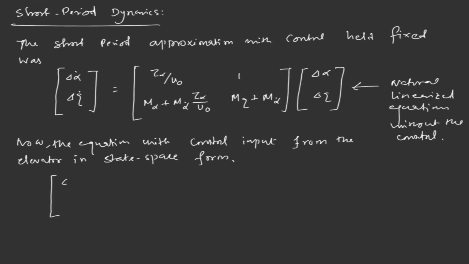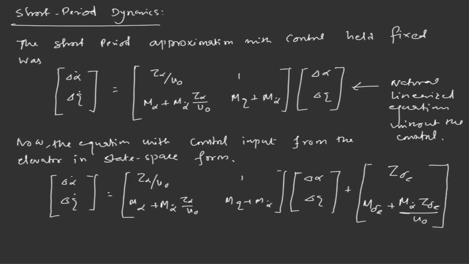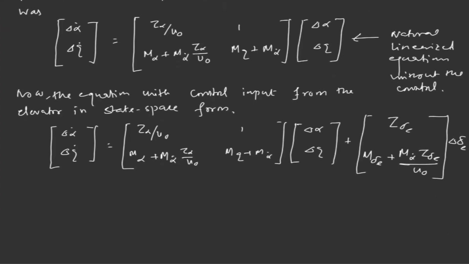So we had the same delta alpha dot, delta q dot equal to [Z alpha divided by u naught, 1; M alpha plus M alpha dot Z alpha by u naught, M q plus M alpha dot] times delta alpha, delta q, and here we had the B matrix, which has the components Z delta E, M delta E plus M alpha dot Z delta E divided by u naught, into delta E. So here we are assuming the force from the propulsion system is zero